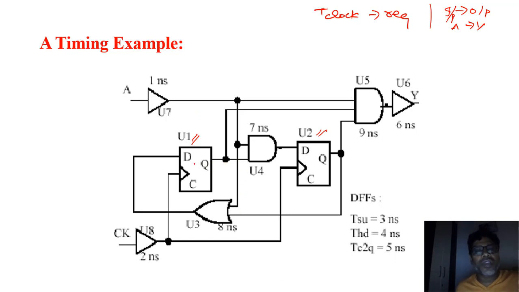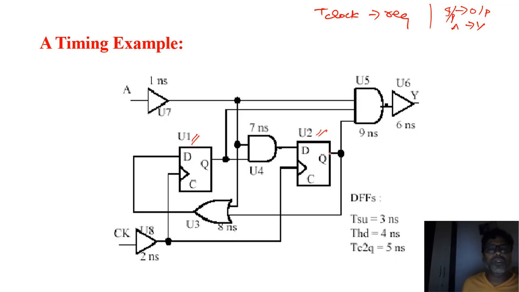Path number 4 is from reg to out. That is from clock, reg to the out. Starting from your clock, reg, then go through this gate, 9 nanosecond, and to the output. This is one way. You can also have one more path from clock, reg to the out. That means you need to take from the clock so that you can calculate the overall delay. So you can have reg to reg, pin to pin, or clock to out.